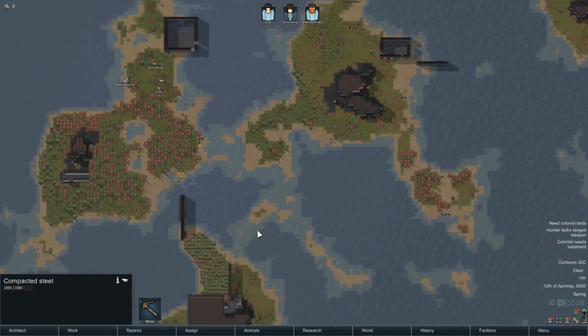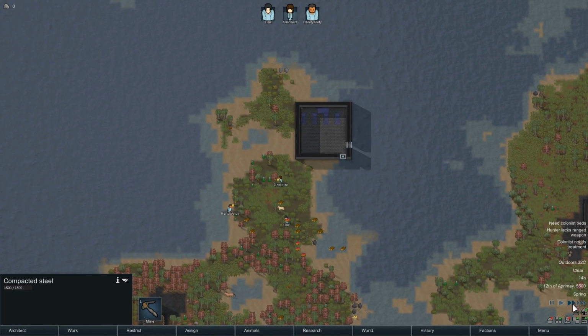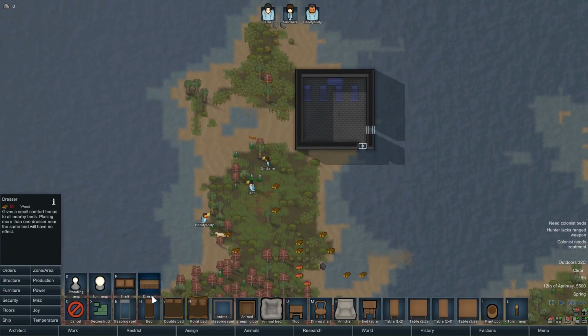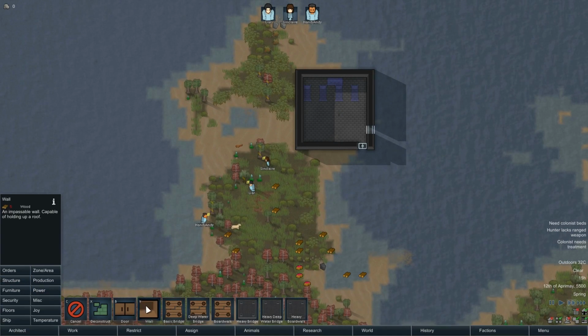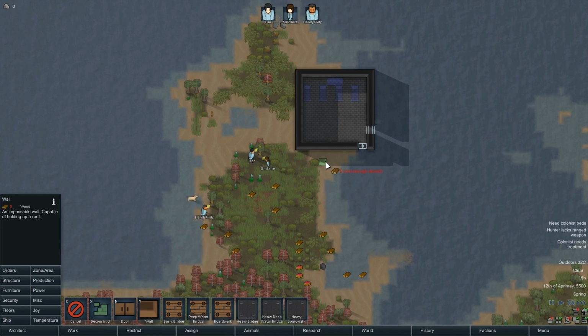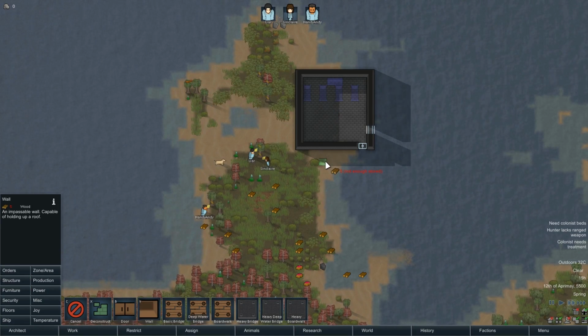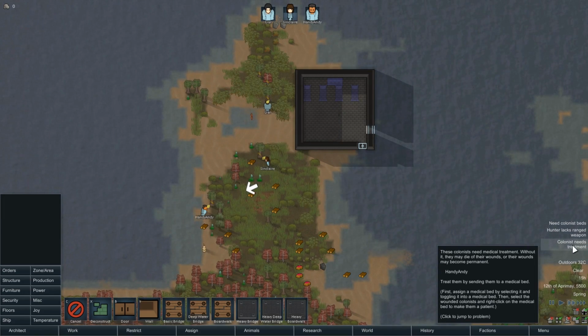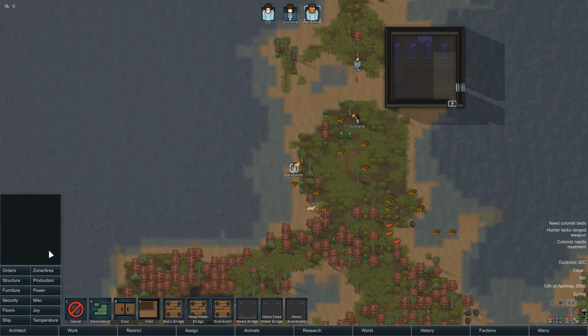Right, let's get some speed going on. Just a little bit. I think I'll just start making the walls and everything and not worry too much. So let's make a... Are they going to go outside a lot? Oh, it's actually really warm. Colonist needs treatment. Handy Andy. What's wrong with you? You miserable...